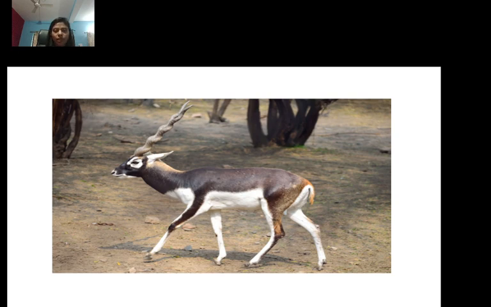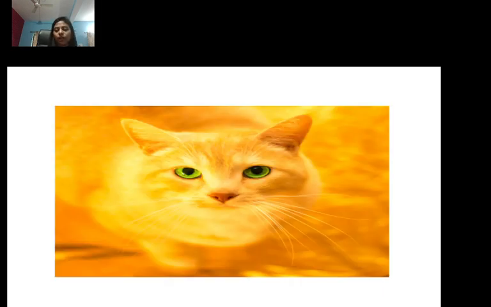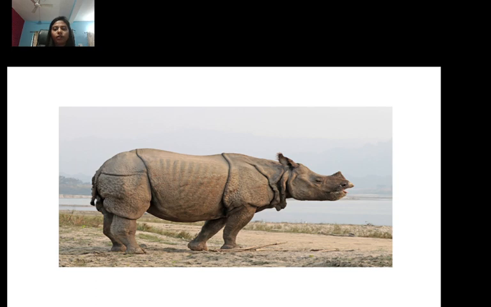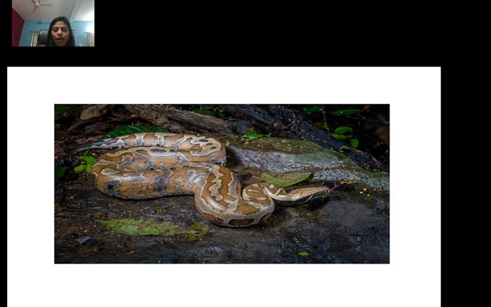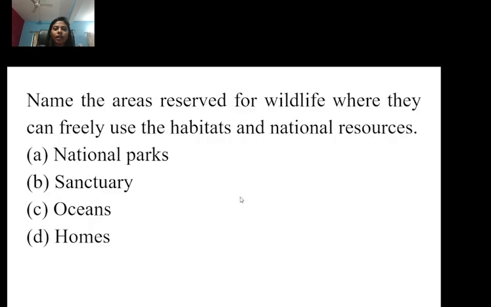In fact, there are many more animals which are protected by the wildlife sanctuary, and thanks to the wildlife sanctuary, our upcoming generations will also see all the different kinds of animals we have, right? So for that there is a need for protection of all these animals. That work is done by the wildlife sanctuary, right? Now do tell me, name the areas reserved for